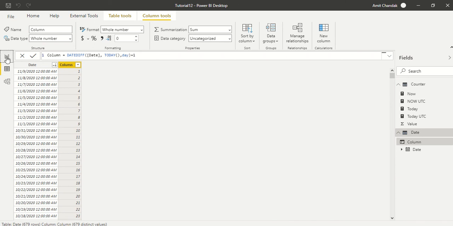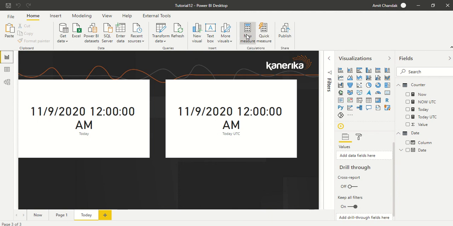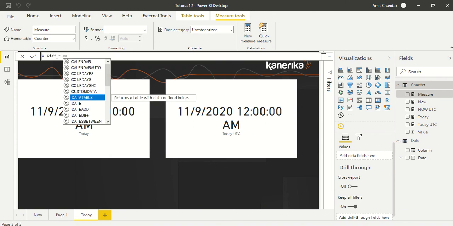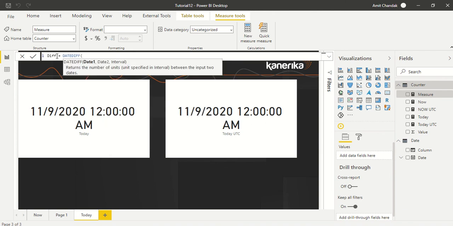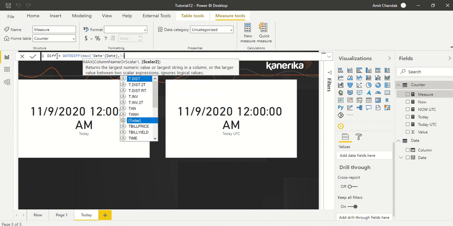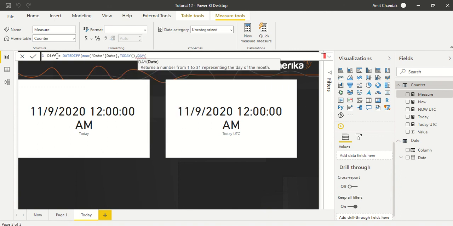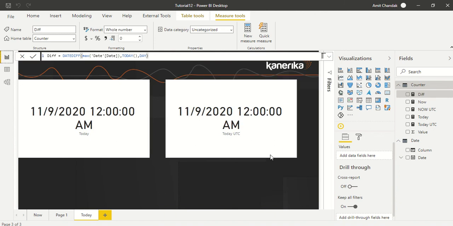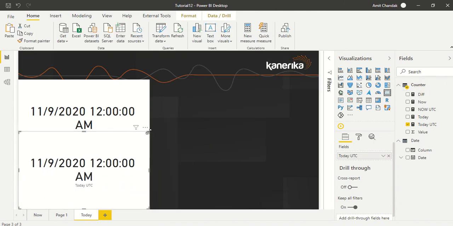If you want it as a measure, we can create the same in terms of a measure. To have a diff in the measure, you need to remember that context is very important, but right now we are just going to create a date diff and see it. So we can say MAX of date, and then we will take TODAY. TODAY is static, so it's not going to ask us to take any function on that date. We have done something wrong, we have not closed the MAX, so let's close the MAX. So we got this, and now let's put a table out here and quickly see the difference between these two.